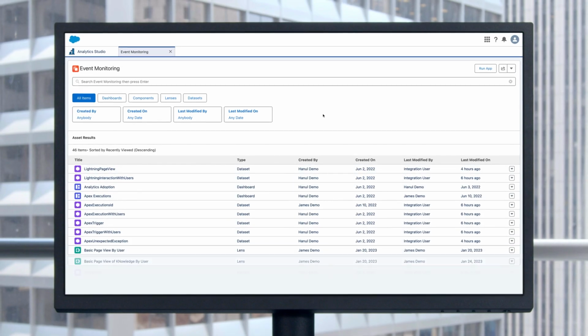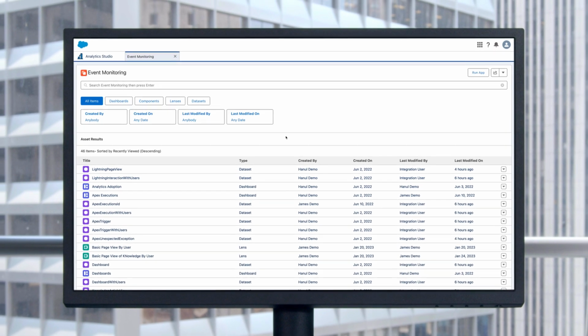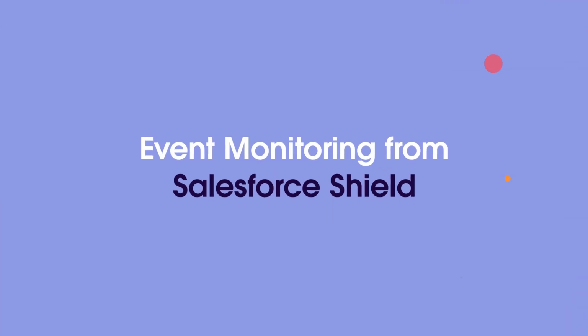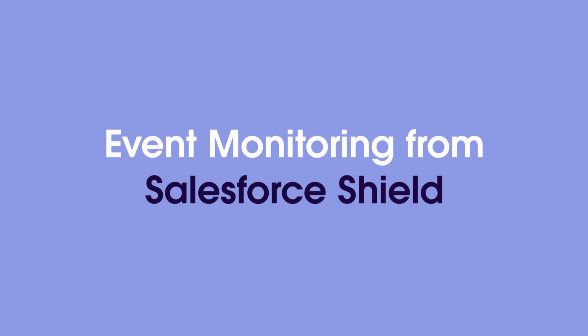Now you can better understand what users are doing, monitor application performance, and keep data secure, all with event monitoring